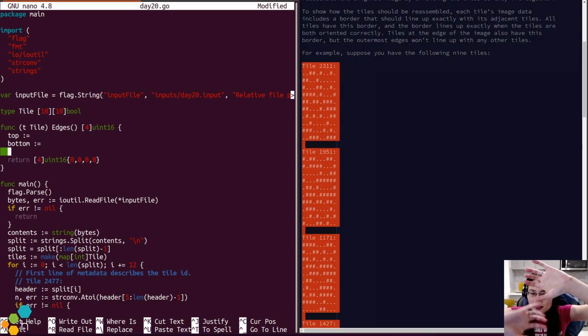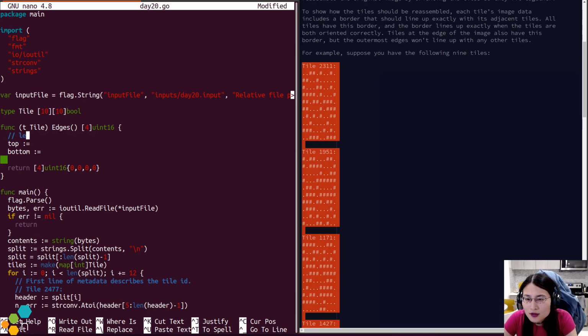They can only be put together if top and bottom are the same, or if left and right are the same. So those always want to be left to right, just for ease, and top to bottom.